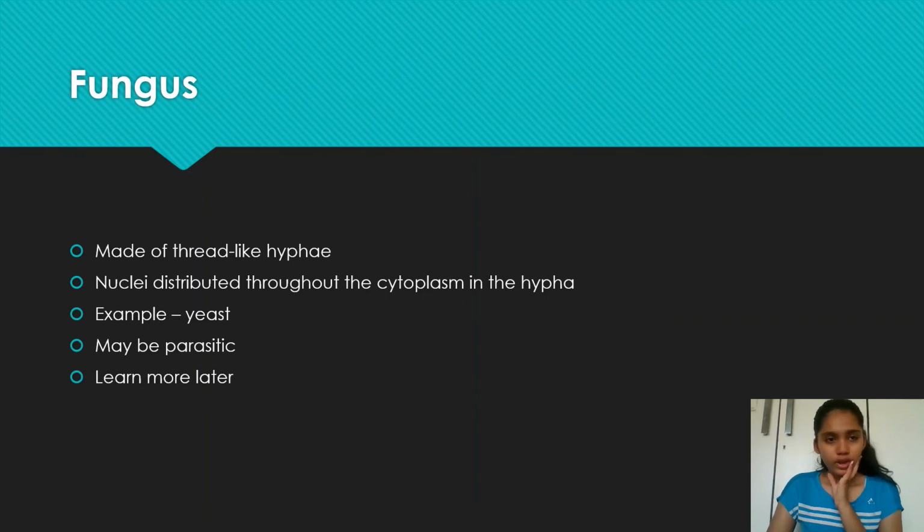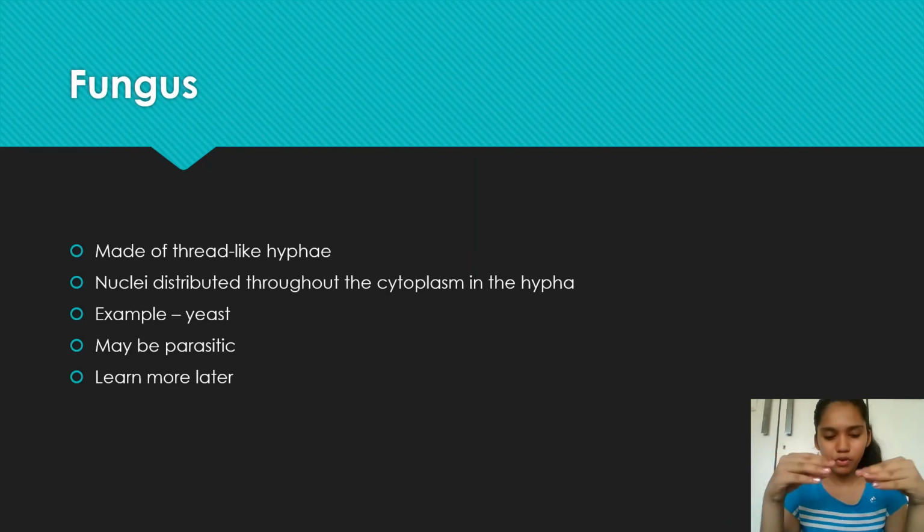Okay, now we've gone to the next kingdom, the fungus. So they are made of thread-like hyphae, which we will learn later as well. There are nuclei distributed throughout the cytoplasm and the hypha. An example is yeast, which is used for anaerobic respiration. They may be parasitic, where they feed off of plants. They